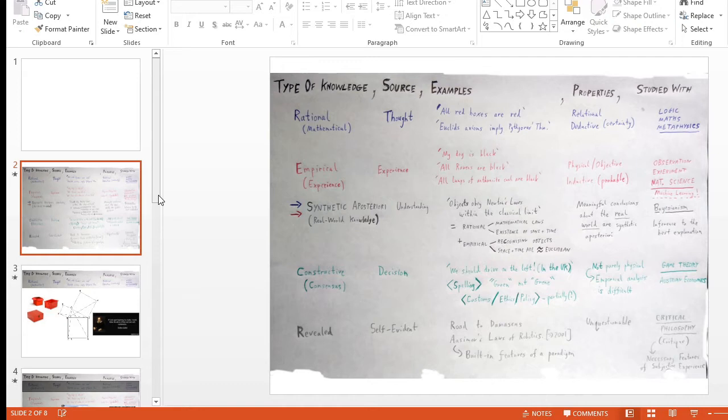This is a useful quote to bear in mind, because depending on what topic we're trying to look at using methods of data analysis, different levels of certainty are possible about the conclusions. I'm going to talk in this section for 5 minutes or so about the difference between rational mathematical knowledge, where we can expect to have absolute certainty, and empirical knowledge, or knowledge of the real world, where we can at best have probable certainty. And I'll talk also about some different types of knowledge, including constructive knowledge, where the methods of ordinary data analysis on their own aren't going to be everything you need, and you might need a different topic,